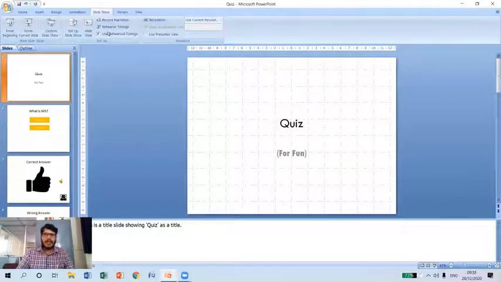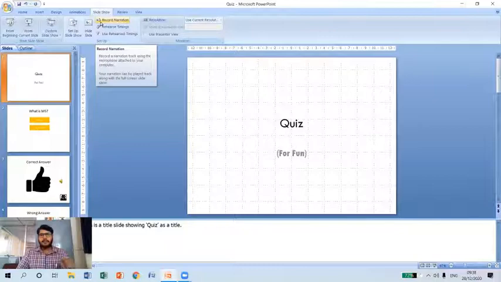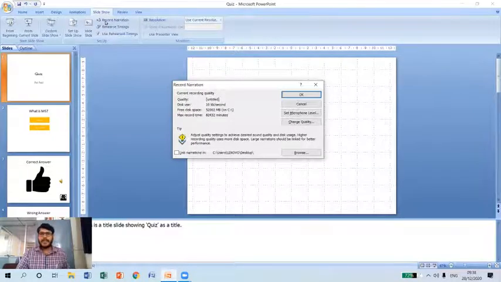So now let me click on the record narration option here, so that we can record a narration track using a microphone attached to the computer. So now let me click on this. When I click on that particular option, that is the record narration option, it is showing me some settings here. Okay, it is going to display the current recording quality settings, the quality, how much disk usage it requires, and how much free disk space is available on the hard disk. Likewise, it is going to display some basic settings related to the narration.